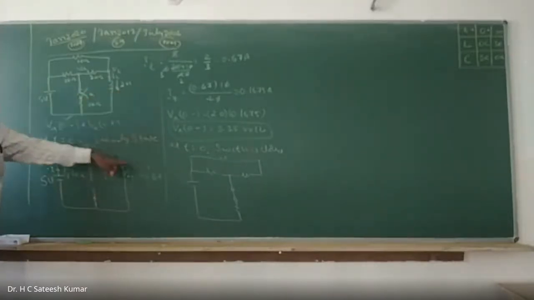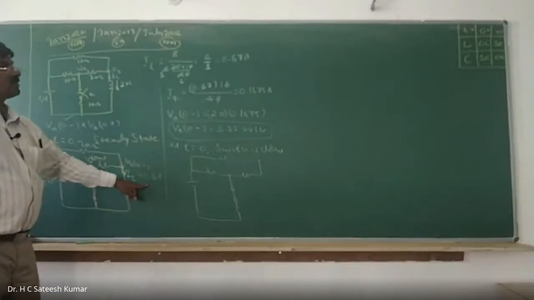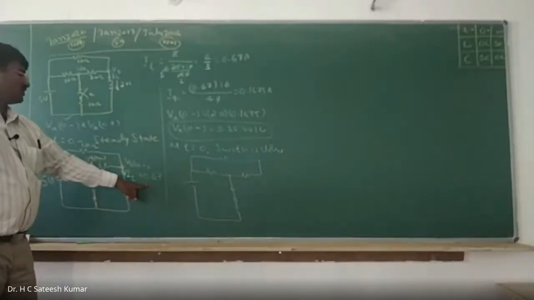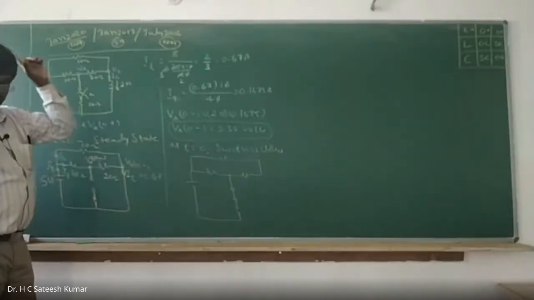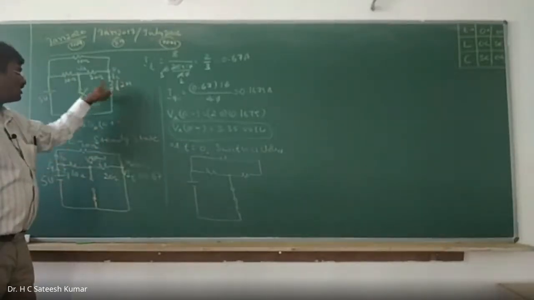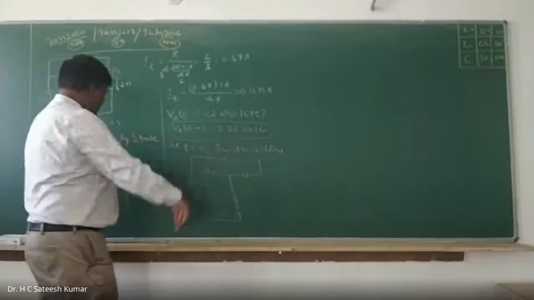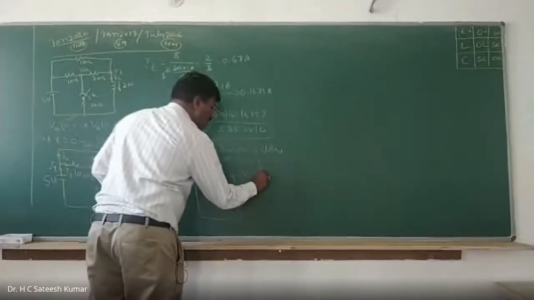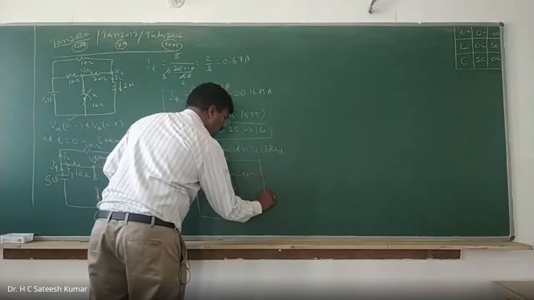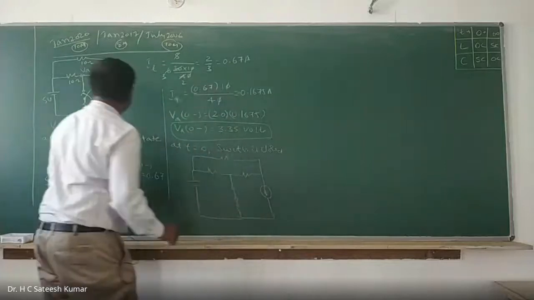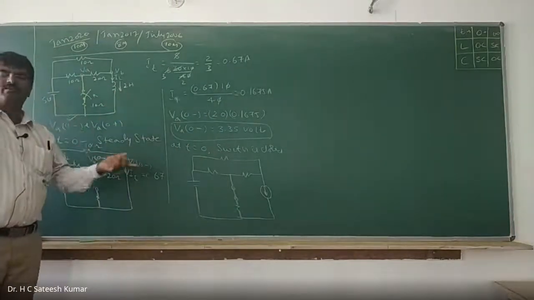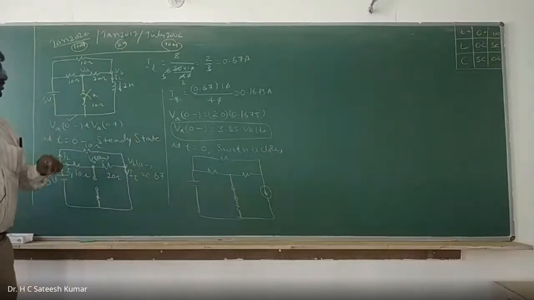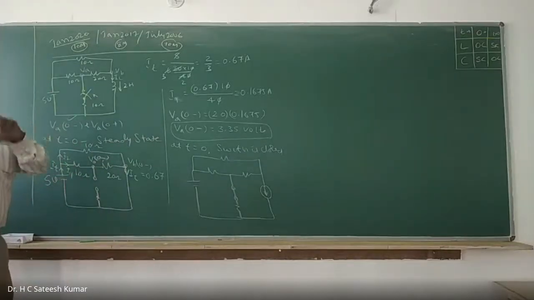Therefore, the current is what? 0.67. As I said, one more condition we said, it becomes a current source. If the already current is there in the inductor, it becomes a current source, I said in the first class. So therefore, this will become a current source, and current is in this direction. Therefore, current source is also in that direction. And the amount of current is whatever the current it was flowing. That is, if the inductor is having initial current, it becomes a current source. And similarly, if a capacitor is having initial charge, it becomes a voltage source, I said.